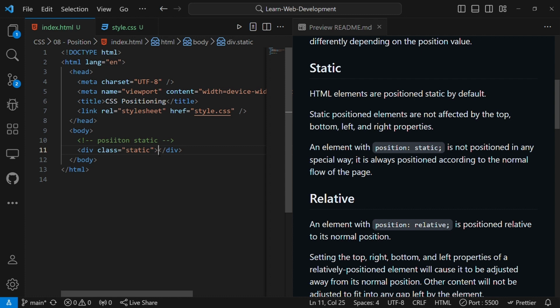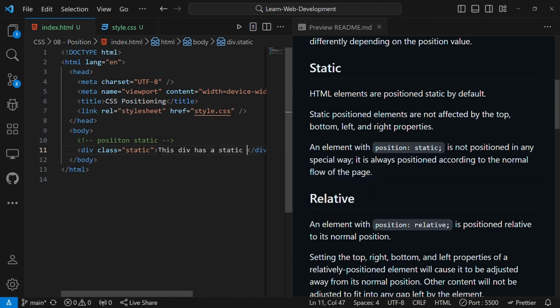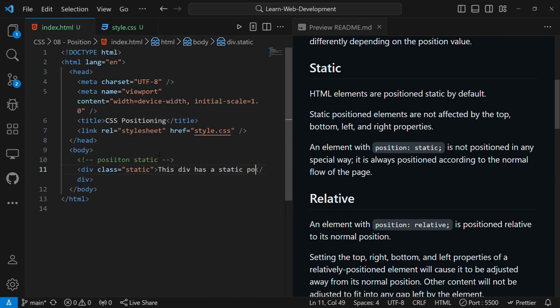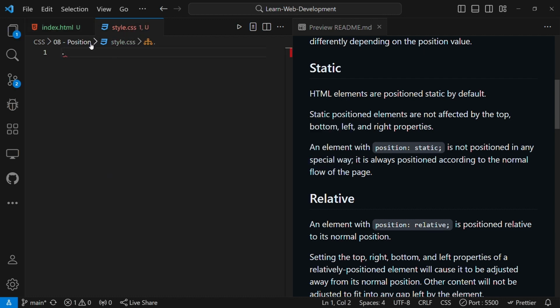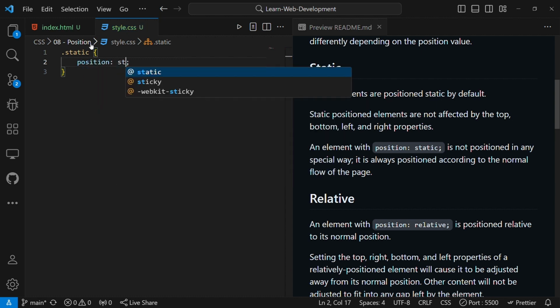Then here I can write a comment. I can say this div has a static position. I just soft wrap so that my content does not overflow. So yeah, I've created a div there and I've put the text, this div has a static position. Then the div has a class of static so that you can style it in CSS using the class selector like that. So here I'll put the position property and give it the value of static,